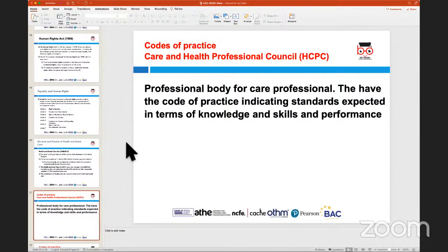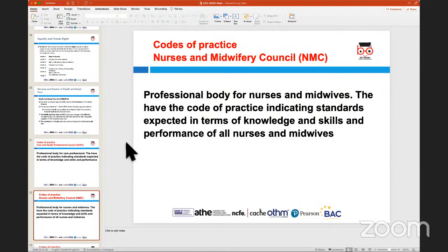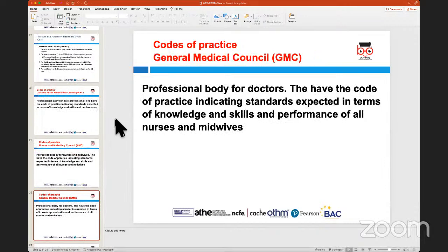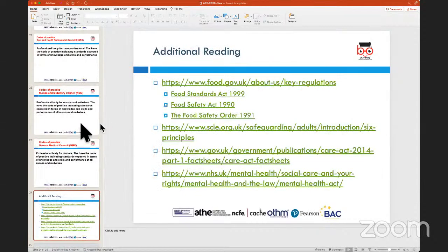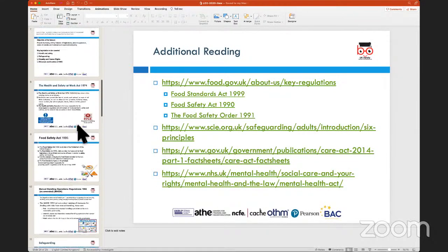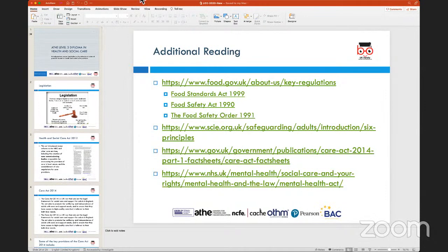Now, there are lots of professional agencies, and there are a few that I put up on the slide, which are incorporating these legislations into what are called compliances and guidelines. They are then circulated to relevant setups within the health and social care sector, like a care home, a hospital, an A&E, a surgery, and they are followed for the purposes of ensuring that people, when they are getting care and being looked after and provided services, are being treated in a way which meets the guidelines and the regulations set by CQC and some of the other regulators under the Department of Health.